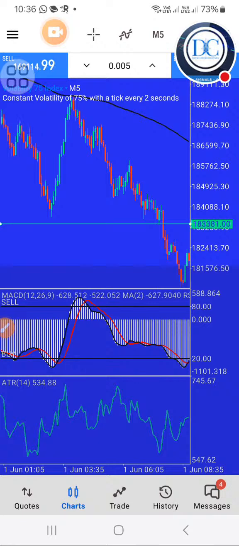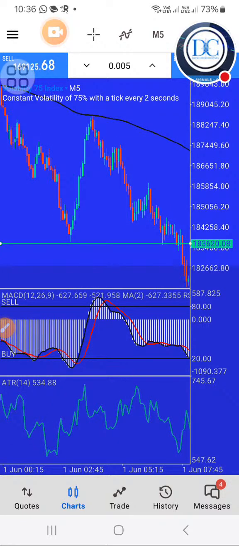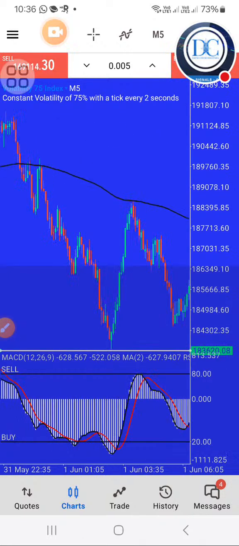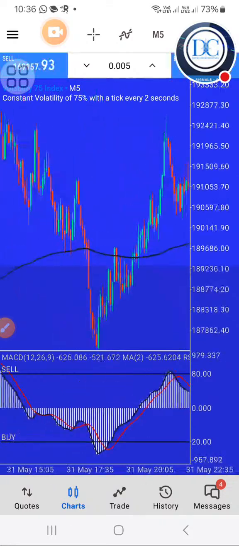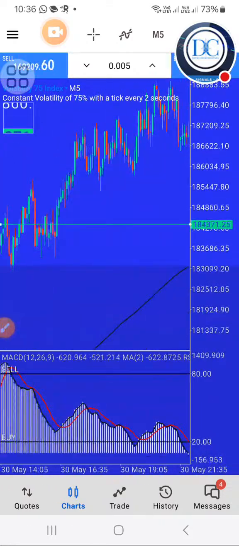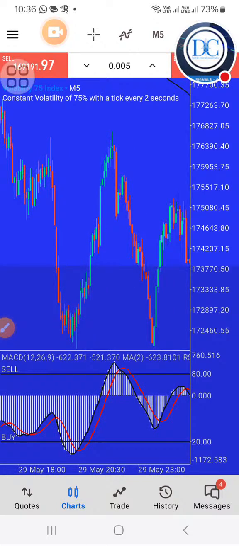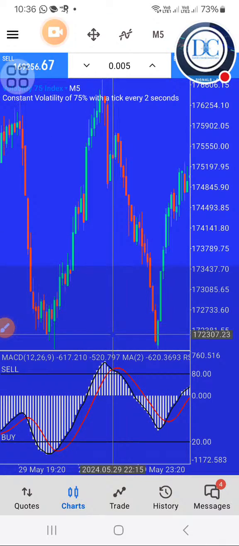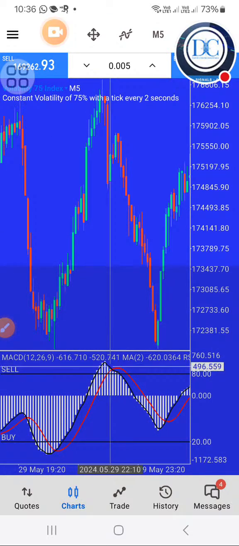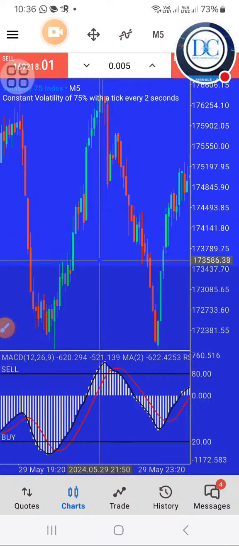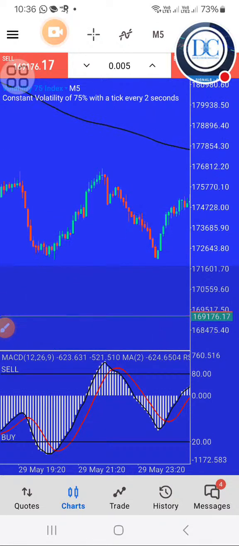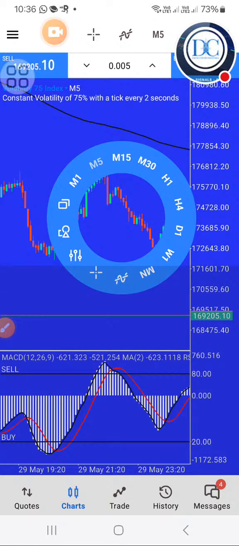Okay, let's look for another example here. Guys, I'm telling you, this is a very good strategy. Okay, here we had an example. We can see the crossing of the black and the red line is taking place here, and price is still below, the price is still below